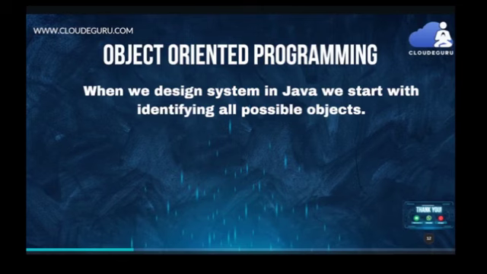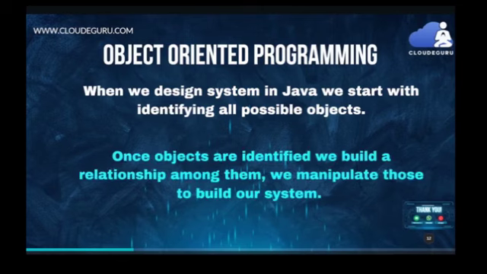So you first identify all those objects, then you try to establish a relationship among these objects, and as and when required, you may manipulate these objects to create your system. So this is what is called object oriented programming concept or paradigm. You identify the objects, then you establish a relationship between them or among them, and that is how you will